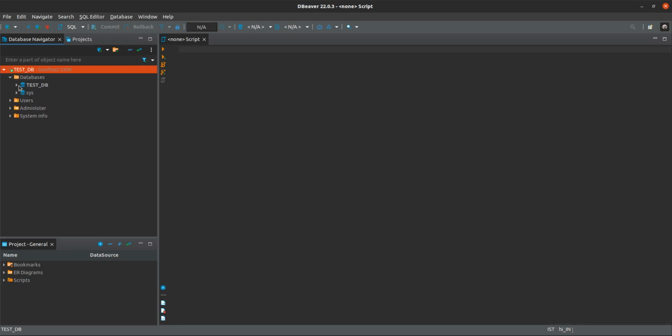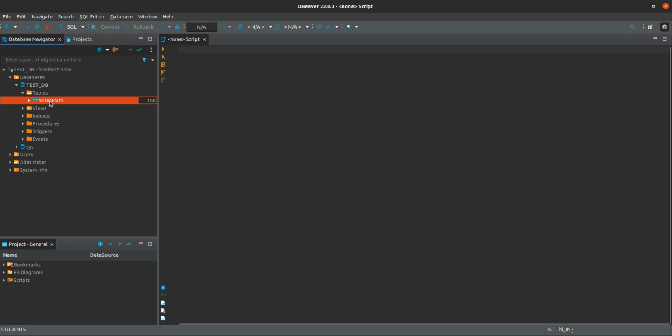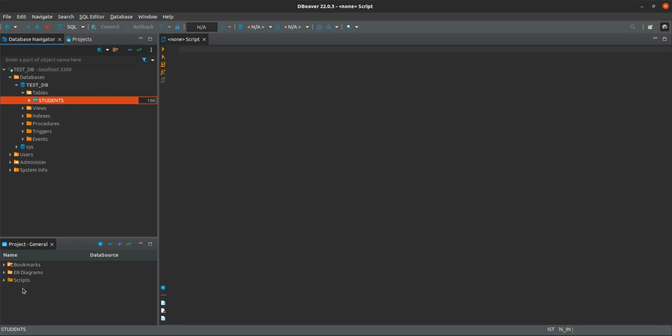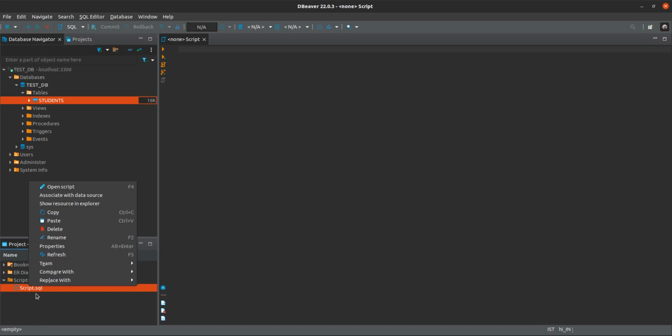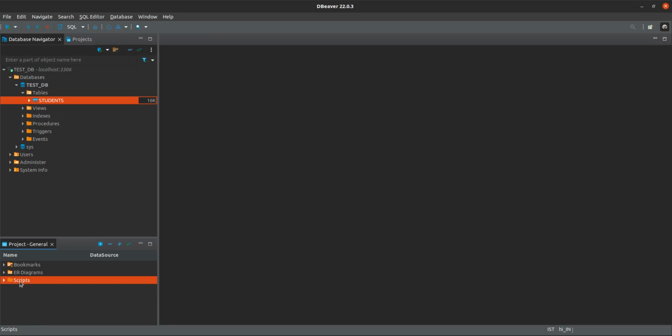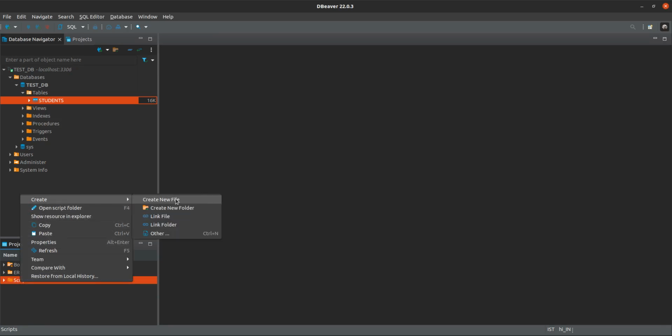Under this database, you will see testdb. Under testdb, if you see the tables, the student table is already there, and if you want to execute some statements, where will you execute them? For that you have to create a script file here. Currently this script file is already there, so I am just going to delete this one. Okay, just delete. And you have to create a new script file,